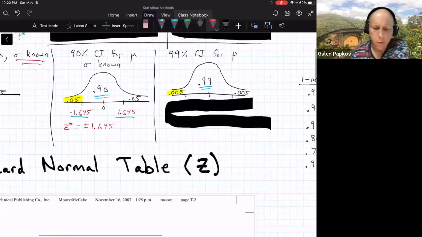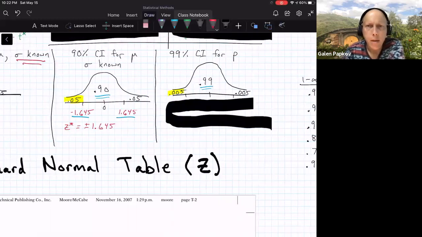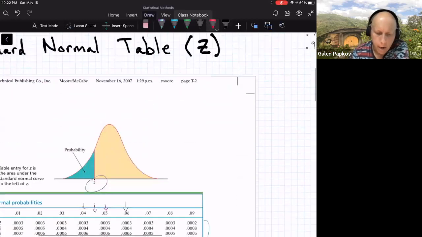And so for our last example here, if we were doing a 99% confidence interval for P, same idea. Feel free to pause the video, try to do it yourself before listening to me talk on, but I'm going to continue. That means 1% not inside, half of that, or half a percent, 0.005 on each side. And when you look up 0.005,